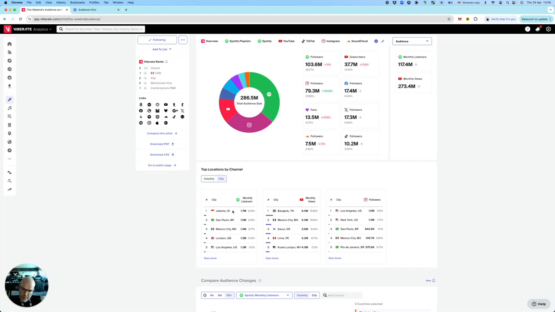And we're busting our minds: why are all those big global superstars so popular in Indonesia, in Jakarta? I mean, it is a very big country, no doubt about that. But there are other massive countries in Asia, but Indonesia was always on the top.